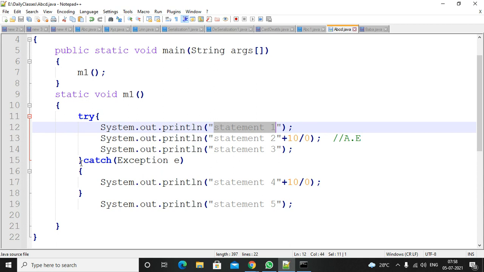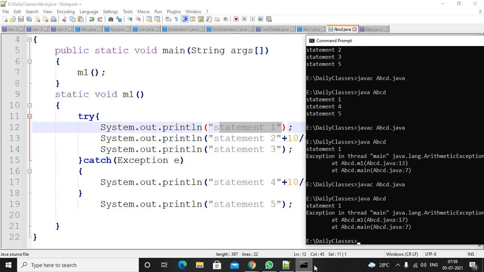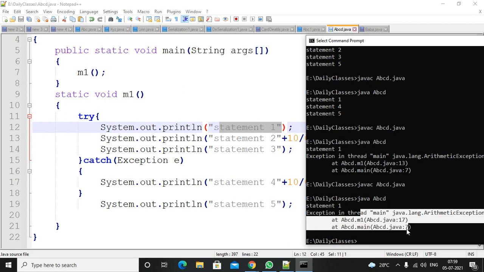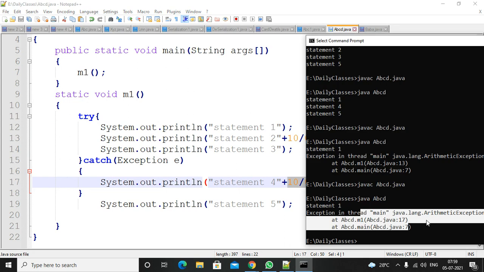After that, it moved to the catch block, but inside the catch block there is an arithmetic exception. To handle this arithmetic exception, you don't have a try catch block inside the catch block. So this is also abnormal termination. In this case also you will get statement 1 only as output, followed by the exception name, exception description, and stack trace details. Compile, execute, and you are getting the details. Statement 1, same output. Suppose there is a null pointer exception, the exception name will be changed here.